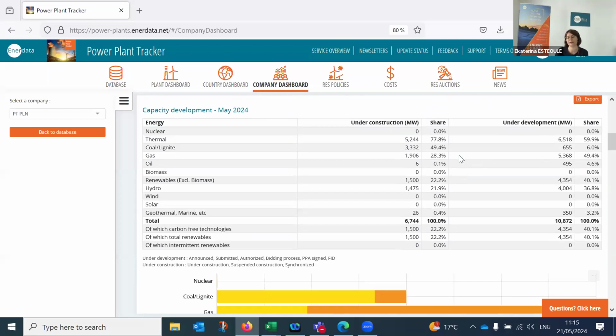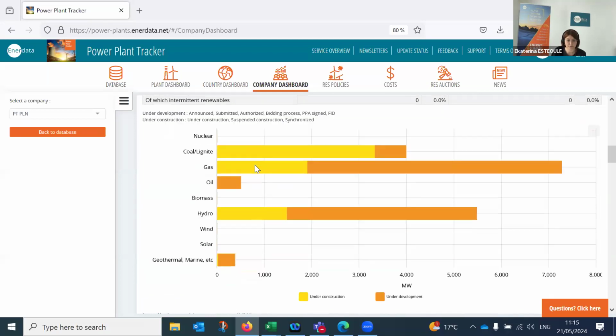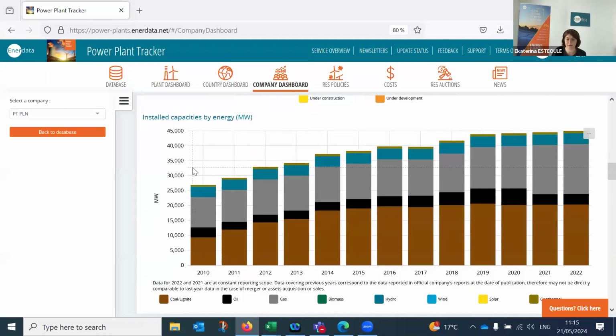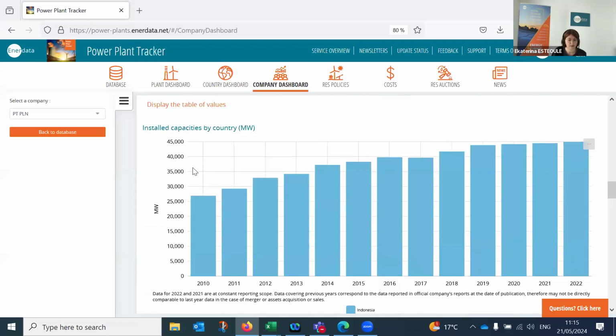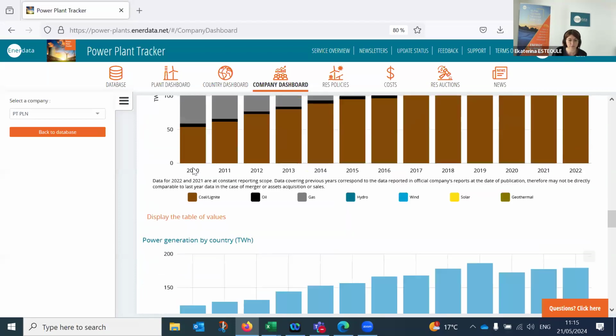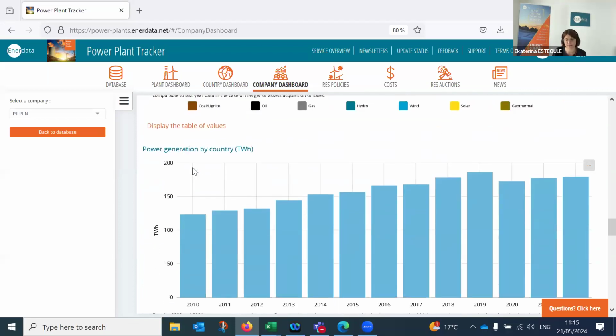And you can get quick access to company analysis on development by energy, by country, also information on generation. By the way, this information we have found in the operator reports.